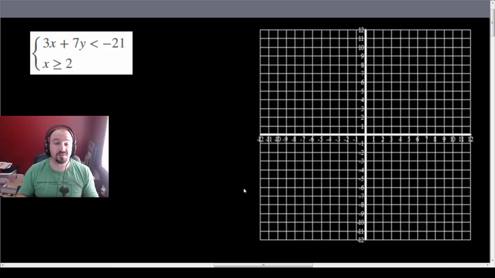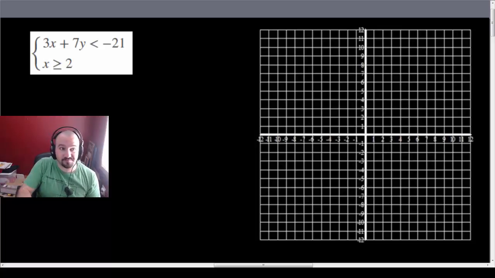Okay, so for this little video, we're just going to talk about shading and how to graph inequalities. This one could be somewhat found in the systems of inequalities. All you have to do is remember wherever they meet, that's the solution set. So what we're going to do is concentrate on these two equations, and we're going to graph